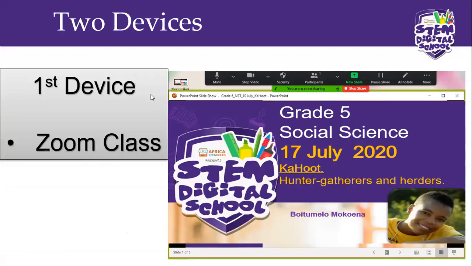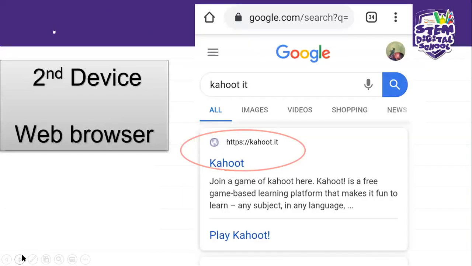So your first device must look like this. It must be the Zoom class, okay? Your second device must be the web browser. Just write Kahoot IT, and then you log in.